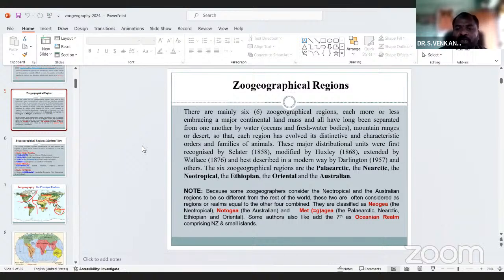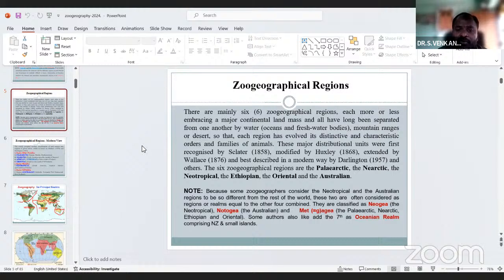Those major distributional units were first recognized by Sclater in 1858, modified by Huxley in 1868, extended by Wallace in 1876, and best presented in the modern way by Darlington in 1957 and others.